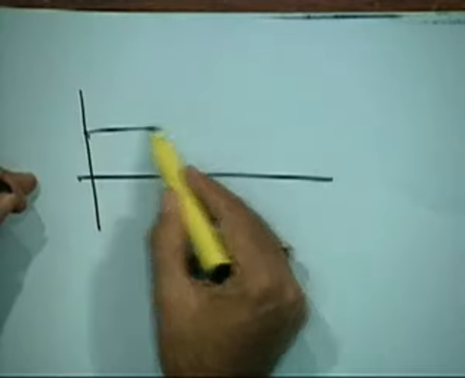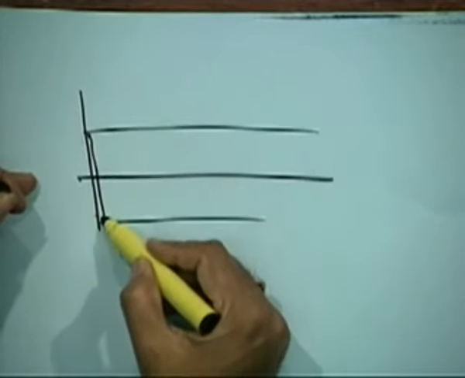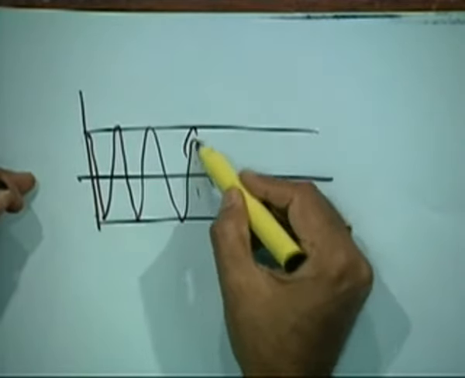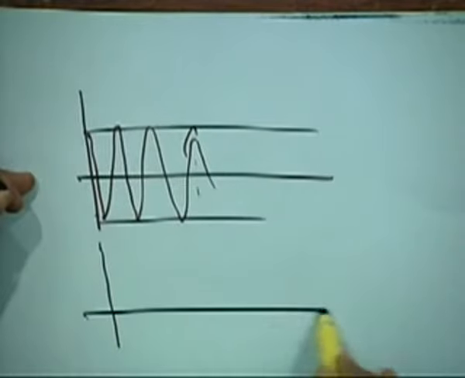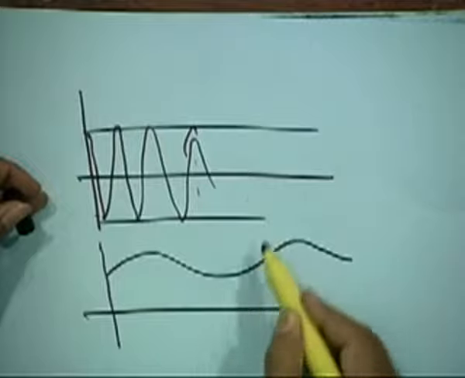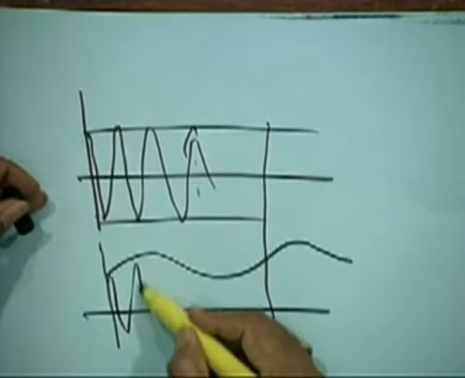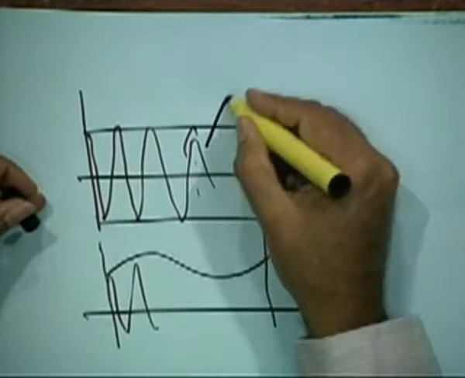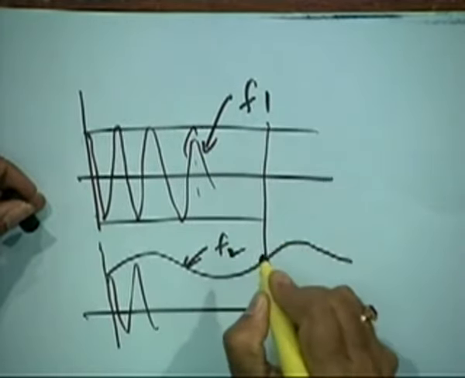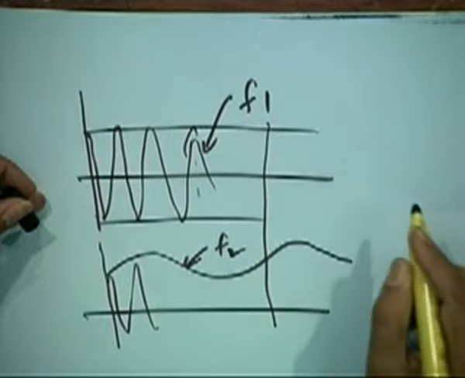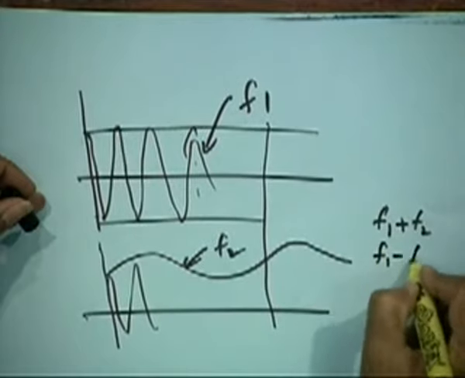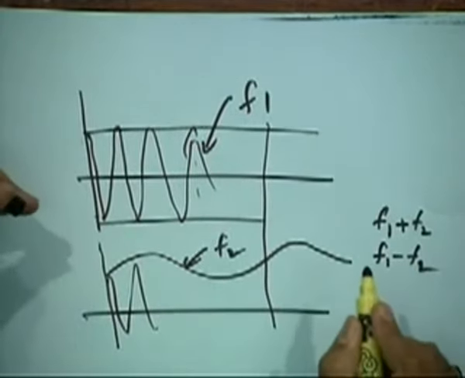So generally it is supposed to have a constant frequency, okay, like this. This is carrier, you say. Next one, you don't want like that. You want that whole thing has to have a modulated like that, right? So you will have this one will be there like that. Now you are told if this is F1 and modulating is F2, resultant will have what frequencies? F1 plus F2 and F1 minus F2, isn't it? You can prove it, right?